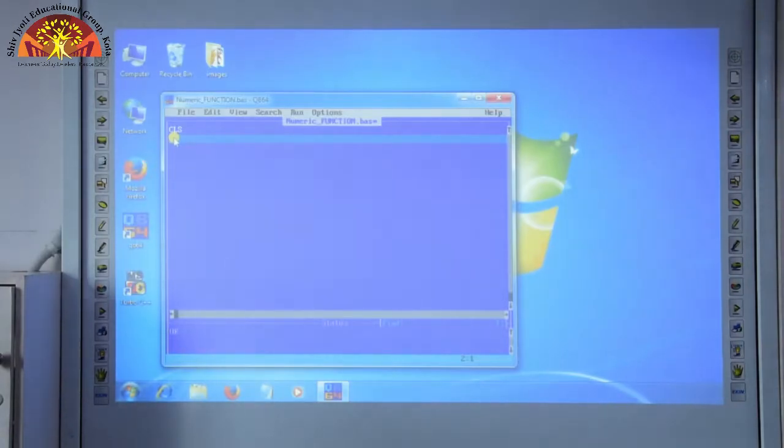Now we will see the practical of the next numeric function which is SQR function, or we can say square root function. For this we have to type PRINT space SQR. Inside the parenthesis we have to type 4, enter. PRINT space SQR parenthesis. Inside the parenthesis we have to type 25, enter, and END to end the program. Now we will save it